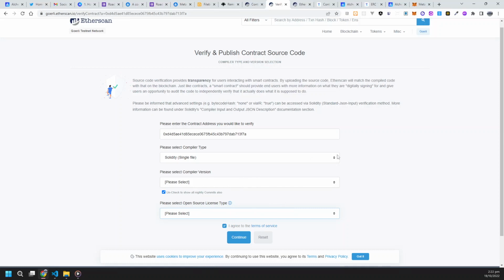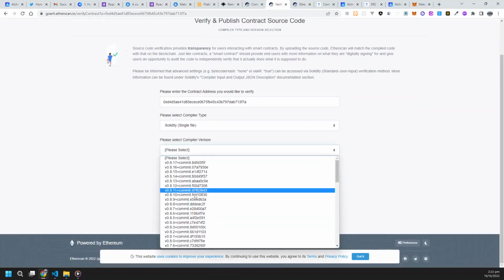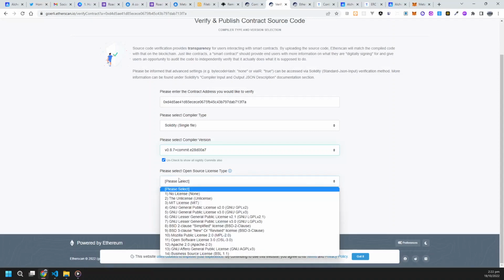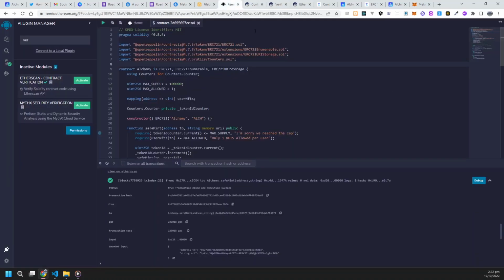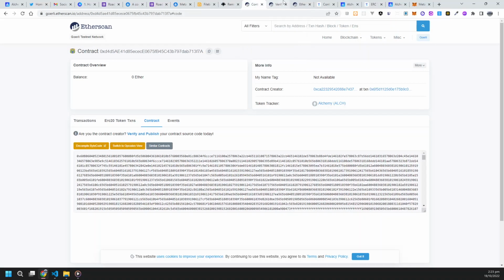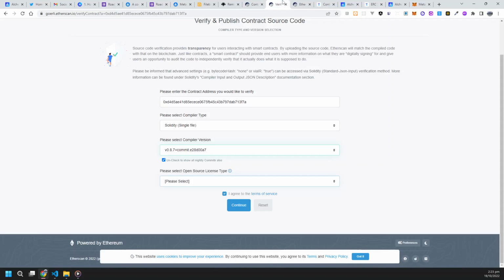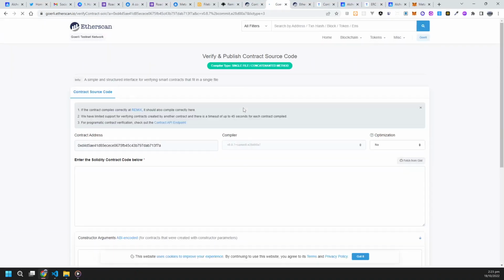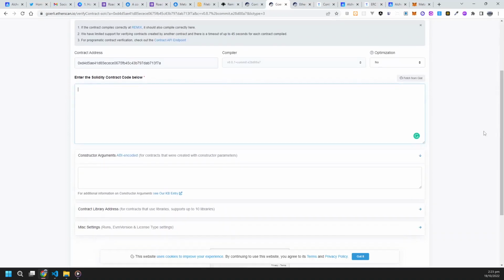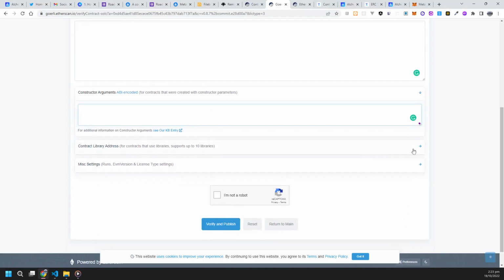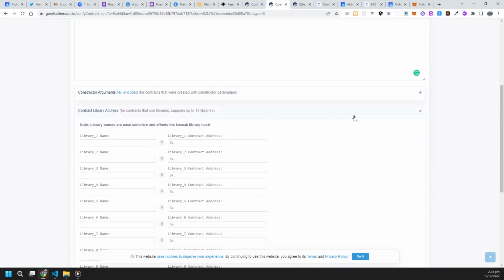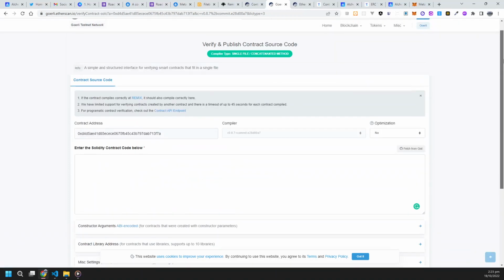Here, let's see, 0.17. Select your license, MIT license, then continue it. So here you can see that you need to enter the complete Solidity smart contract here, then ABI in code, then other libraries that are being used. So it's a bit complicated form,